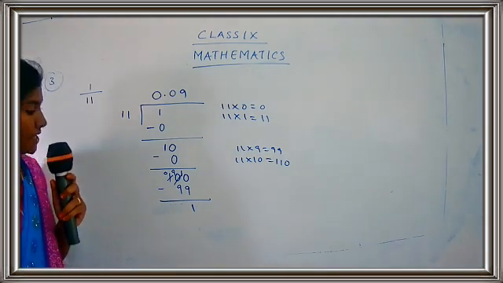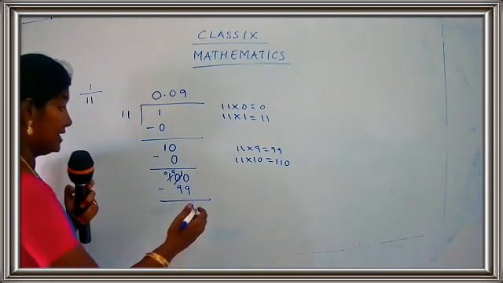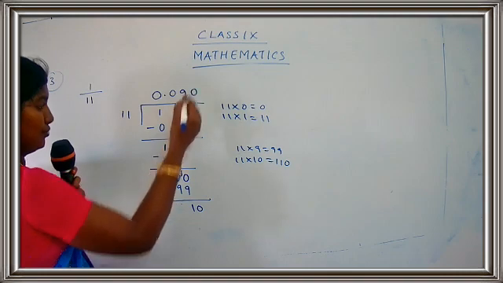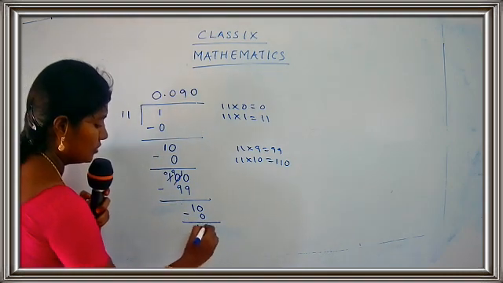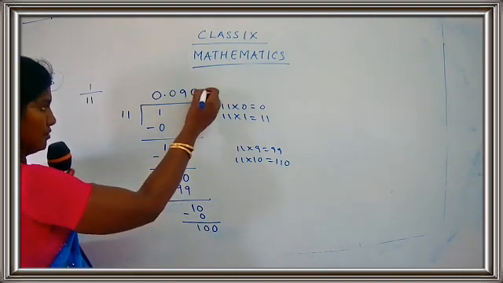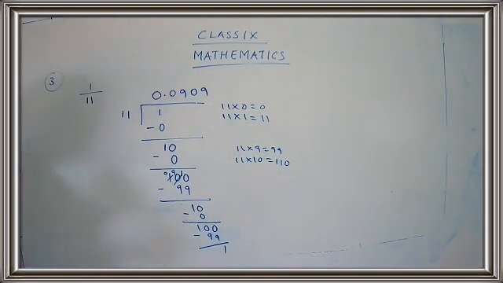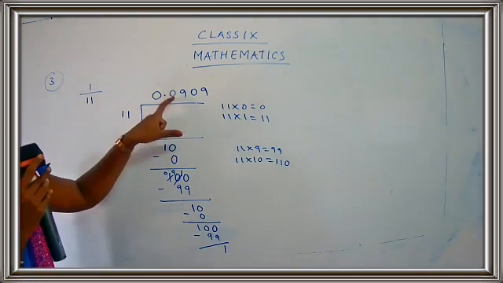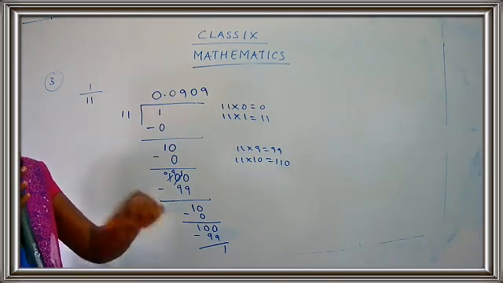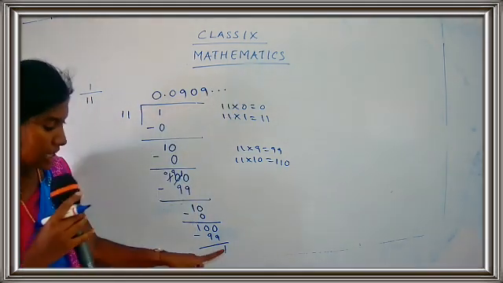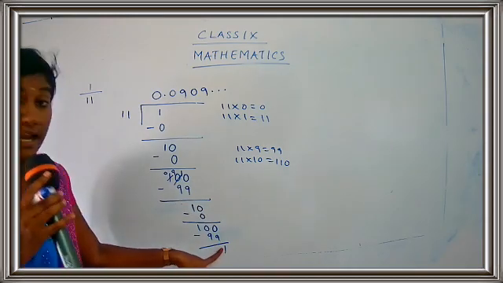Okay. Now again what I'm going to do? I'm going to add again 0. I don't have 10 in the table of 11, so put here 0. Again I'll put here 0. So 9. Again 1. Getting the point, children? I can observe in the division that these numbers are repeated. Which numbers are repeated? 0, 9, 0, 9 will be repeated. So I'll just put dot, dot, dot because I did not get the remainder as 0.